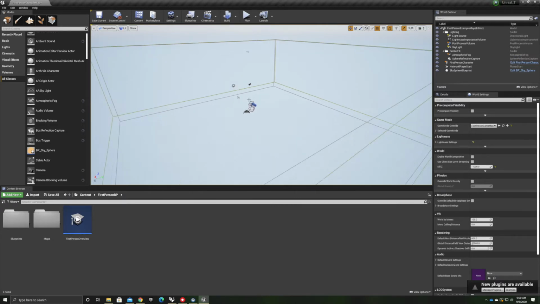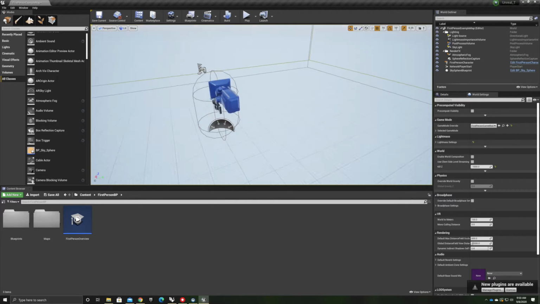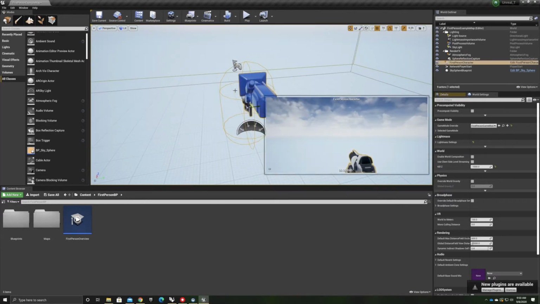So next what I want to do actually is delete some stuff from the player controller so that I can get rid of the gun and stuff. So that's down here in content. Like I mentioned before, inside of content you've got these different folders. My first person is right here. First person weapons, all of this is right here. But I'm going to first delete it from the first person blueprint